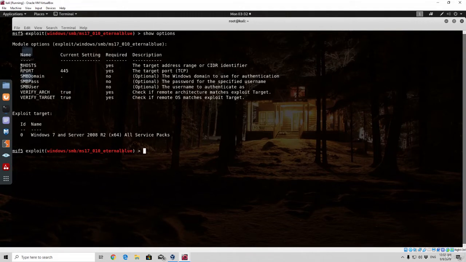Right here we have the RHOSTS. That is the only thing that is not specified, and the RHOST is simply the IP address of your target machine. As we can see, it says right here the target address range or CIDR identifier. So right here we simply specify the RHOST, or the IP address of our Windows 7 target, and we can do that by typing set and then the name of the actual field, which in our case is RHOSTS, and then the IP address right after it,